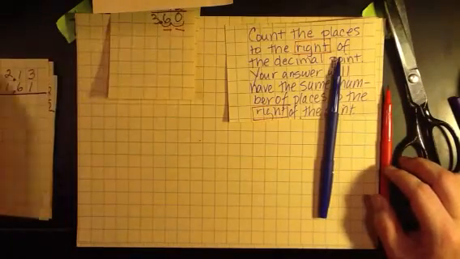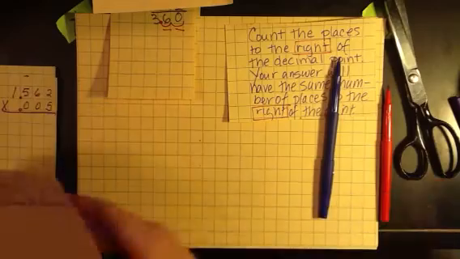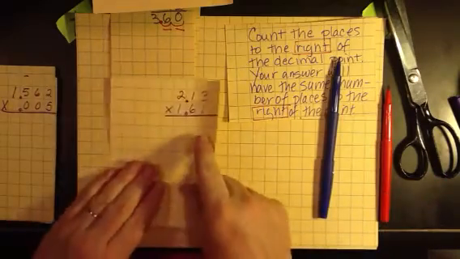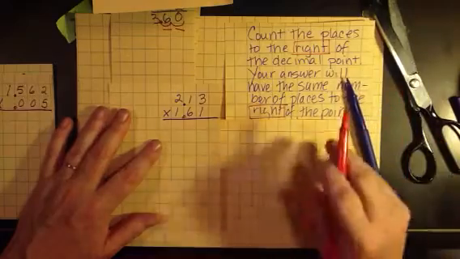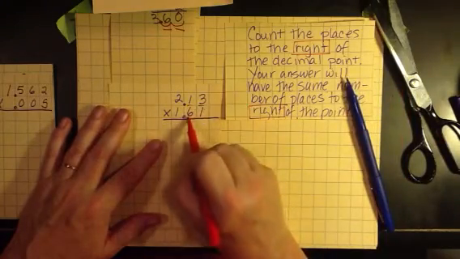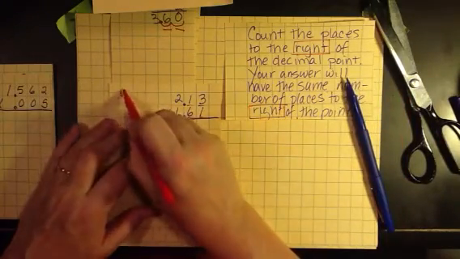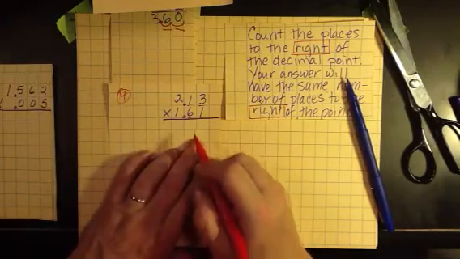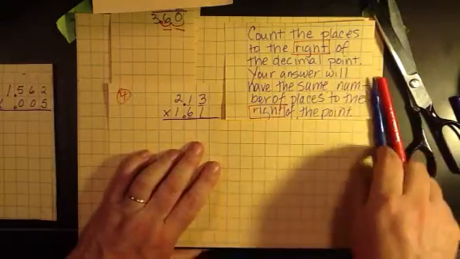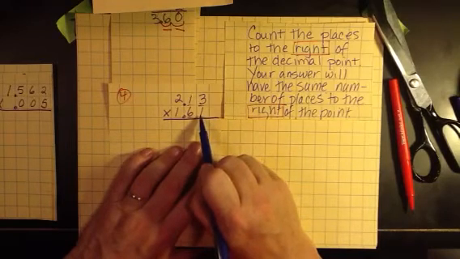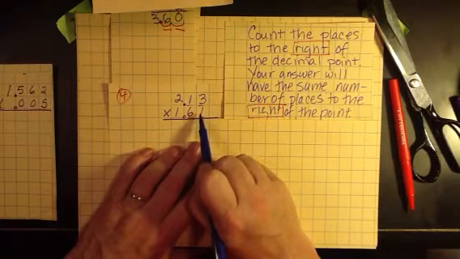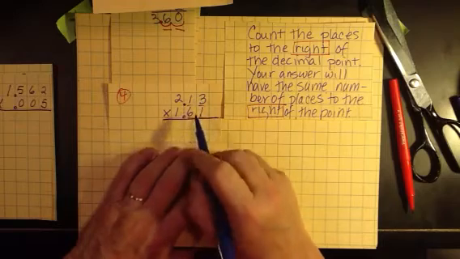Here's a problem that's a little more difficult. I gave myself a little more room on this one. Before I even start, I can tell that I have 1, 2, 3, 4. I'll have 4 places in my answer to the right of the decimal. When I'm doing multiplication like this, I like to work efficiently, so I can look at this and say, oh, that's 1. So I don't have to go 1 times 3, 1 times. I can just write